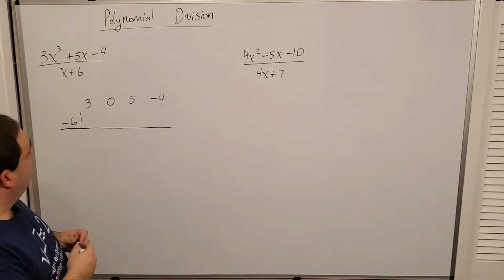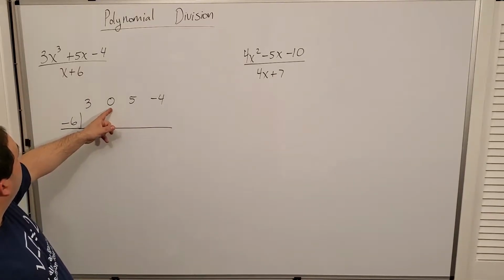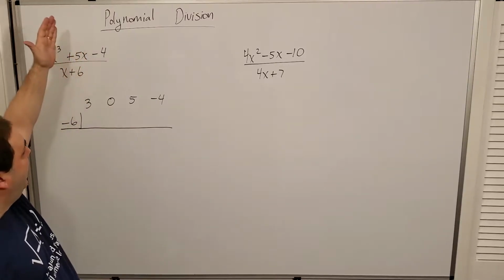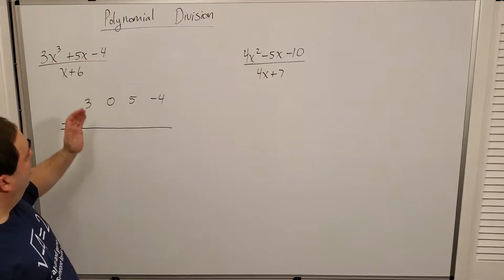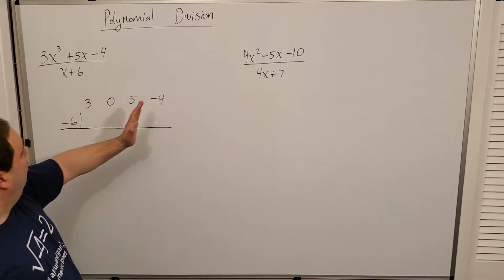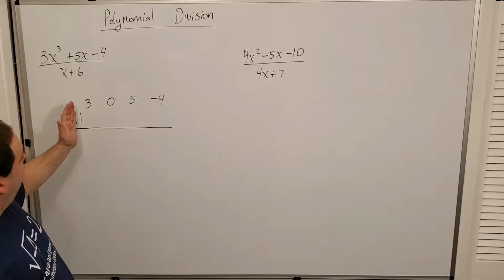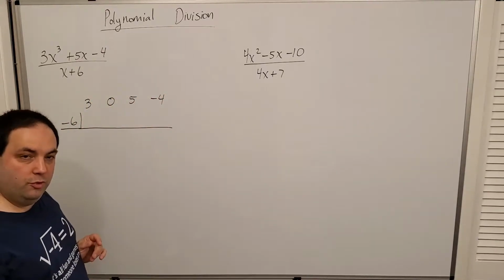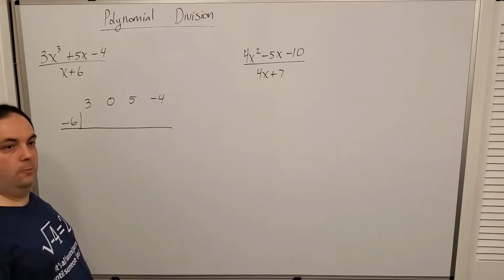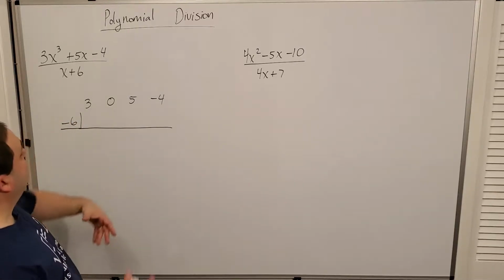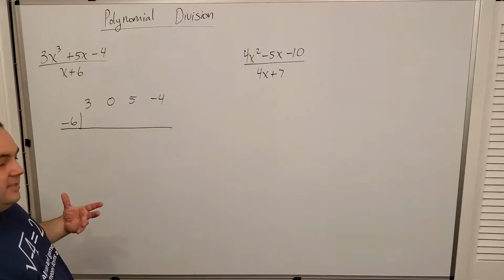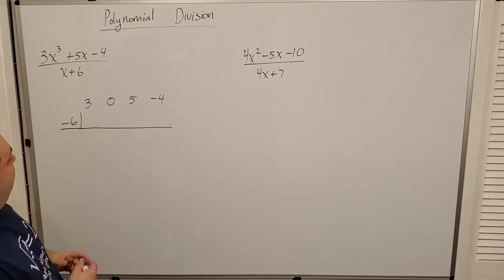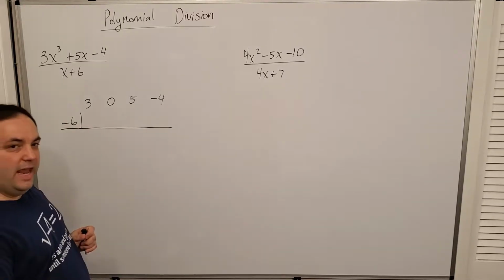Now, real quick, where did that 0 come from? Don't forget that I need to make sure and accommodate every place value of x all the way down to the constant term. So you should be able to count the powers: 3, 2, 1, none. When you're doing these divisions, you should count the powers of x down. In some instances, people like to just say bring the 3 down, but I prefer to throw in a 0,